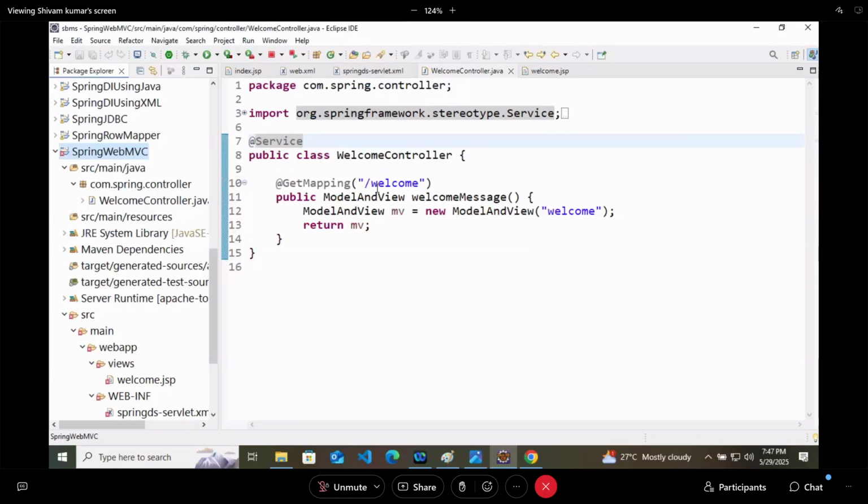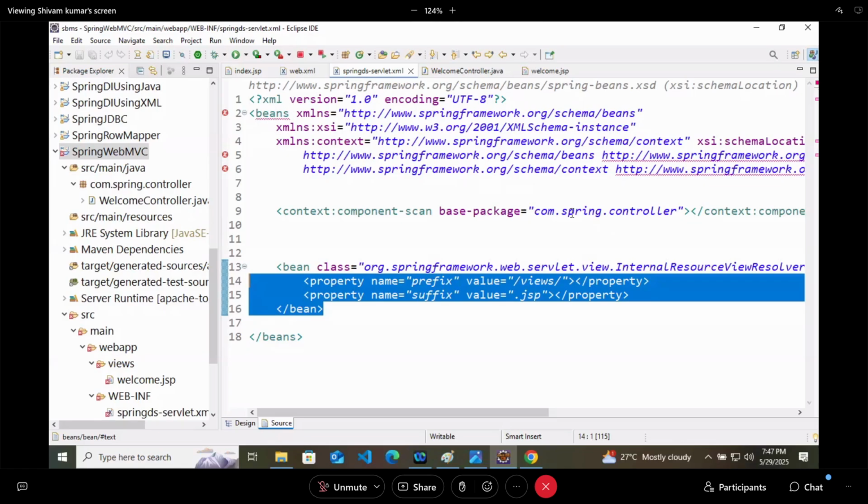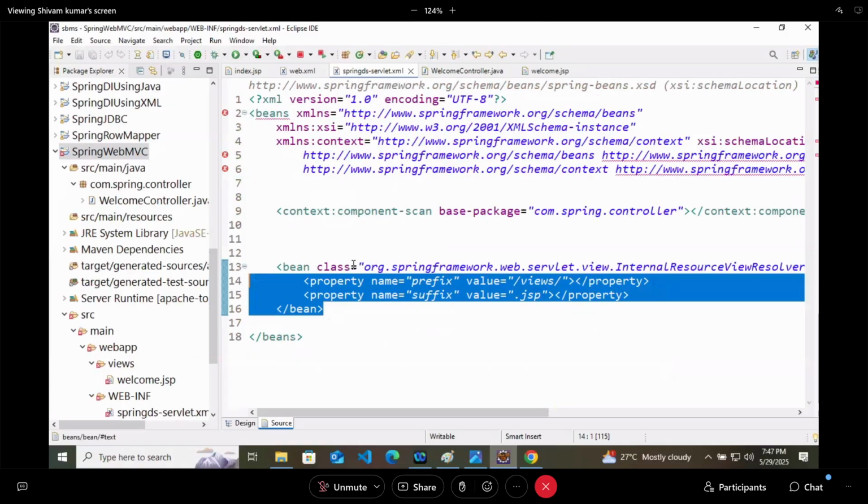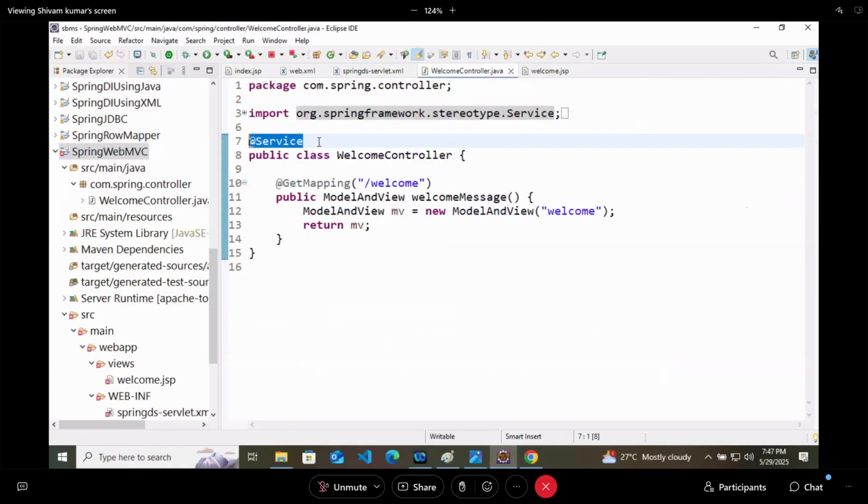The class name is service. And in the Spring servlet, you are providing the base package for controllers, and it will only find the controller classes. See the architecture: the handler mapping will only search all the controllers. Means if your class is a controller, then only it will be sending the data to the front end, working as a get or post request.